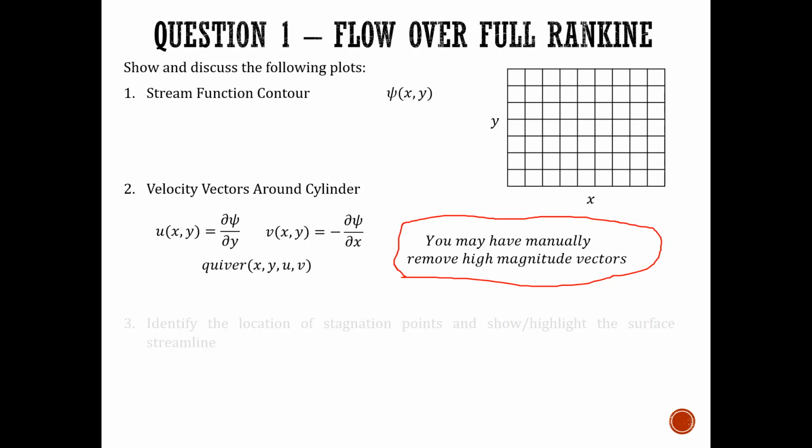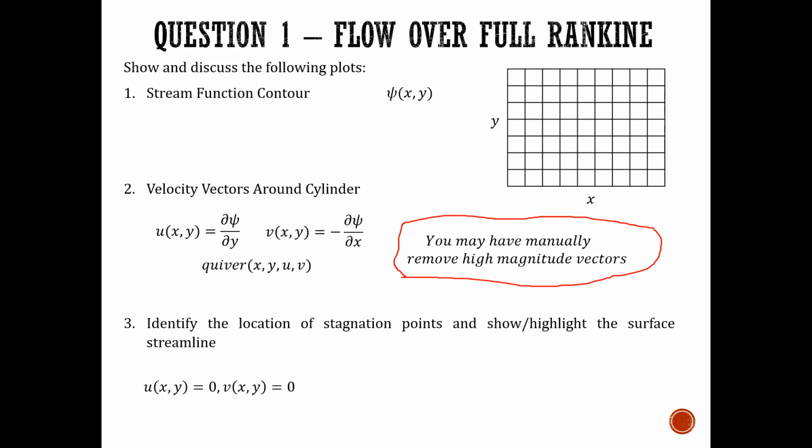Once you plot the velocity vectors, you have to identify the stagnation points, and you have to show or highlight the surface streamline. In the last couple of videos, we talked about how we can do that. If you want to know the stagnation point, all you have to do is set u and v equal to 0 and solve for x and y. You can use the MATLAB solve command to find the x and y location. If you want to do it by hand and check if you get the right answer,